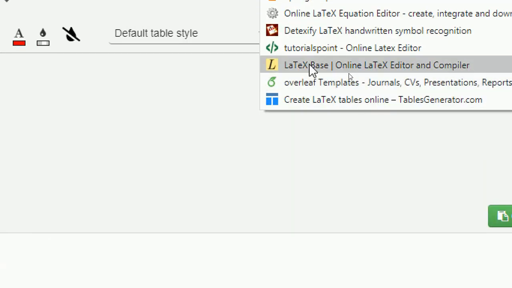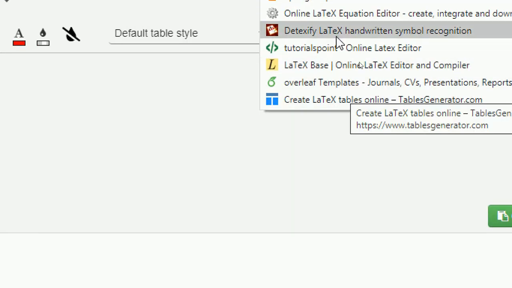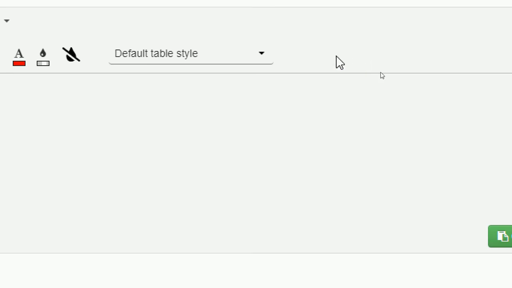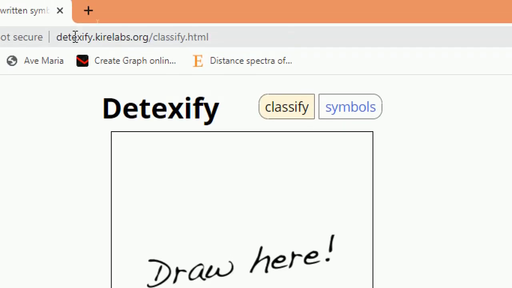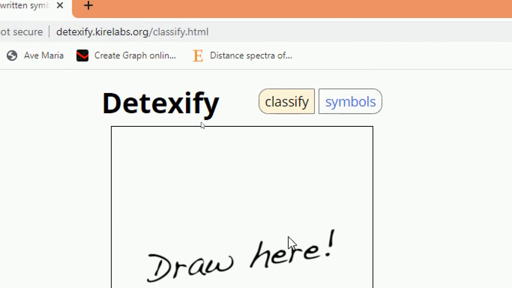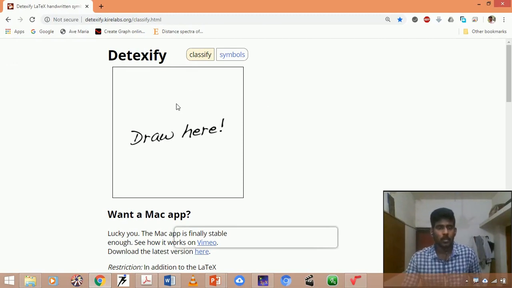Here you can see the first one is Detexify. You can take down this website, it will be useful to you. So what is the feature of this website? If I want to derive a LaTeX code, I can simply draw here.